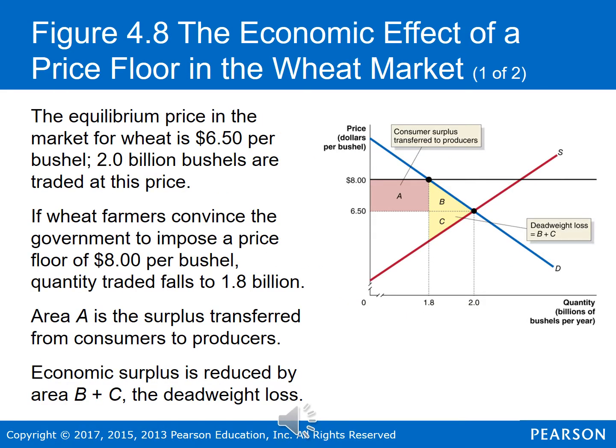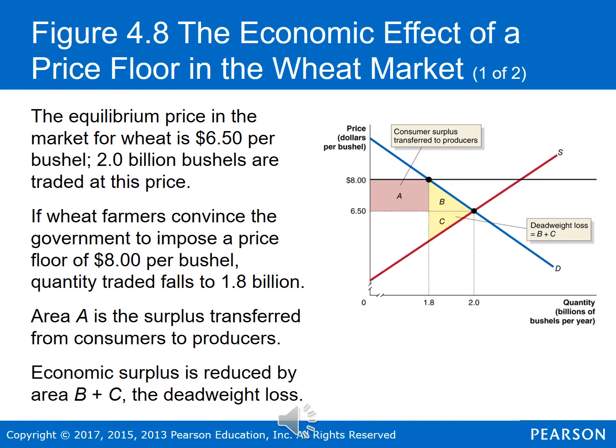Let's begin by looking at a price floor. In this case, we'll look at the economic effect of a price floor in the wheat market. Price floors in agricultural markets are very common. They've been common since the Great Depression. In the Great Depression, one of the many things that went wrong in the economy is the price of crops fell substantially between when farmers planted their fields and when they went to harvest them. Because these prices fell, they were unable to recoup the amount of money they put into planting their fields, so they were unable to repay their loans at the end of the year. Because of this, there was a lot of pressure for the government to enact price floors to ensure that farmers were able to receive enough so they can pay back their loans.